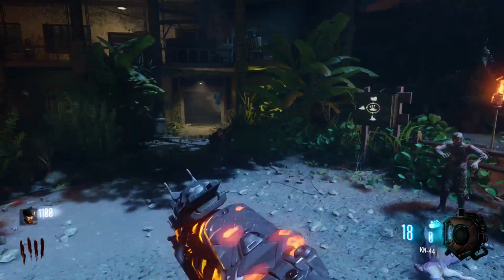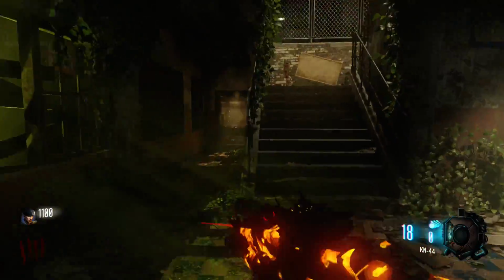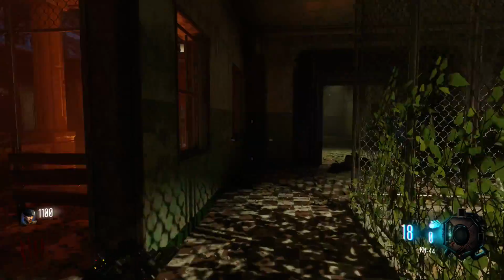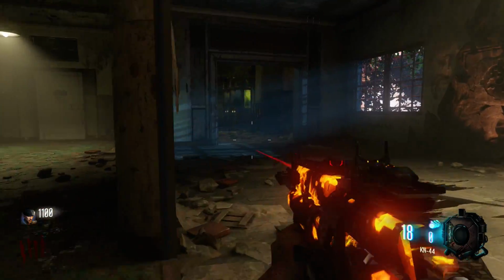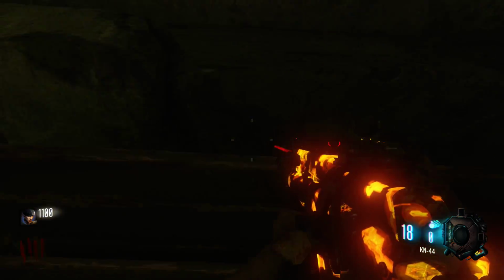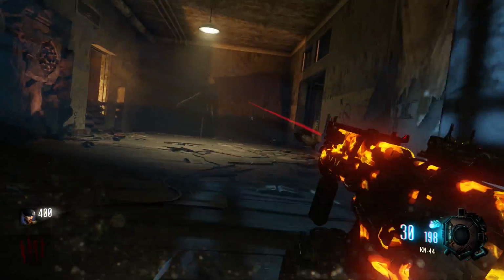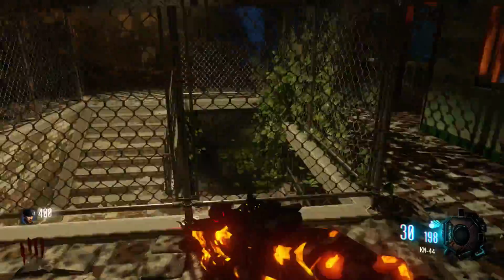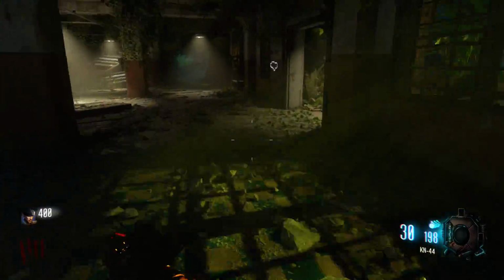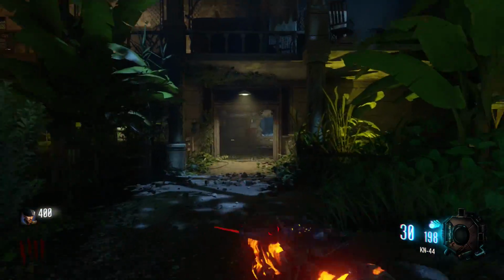So now I'm out of ammo, so I'm quickly just going to run over and grab that AK ammo, the KN, whatever you want to call it, the ARC 7, if that's really what you want to call it. Okay, now that I've got my AK ammo, I'm going to be headed over to the next section of the map,